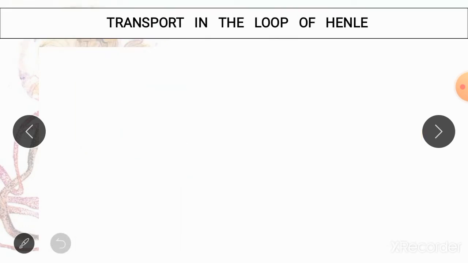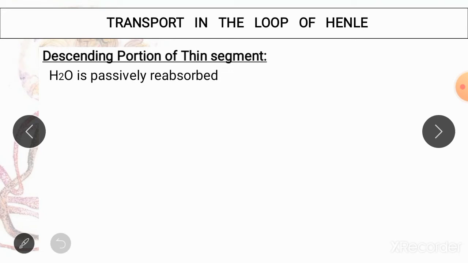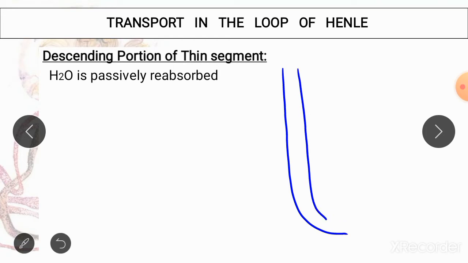Now let's move on to the loop of Henle. Let us first discuss the thin portion of the descending limb of the loop of Henle. Here no solute is reabsorbed. Please remember this. It is only permeable to water, and a lot of water is reabsorbed from the descending limb